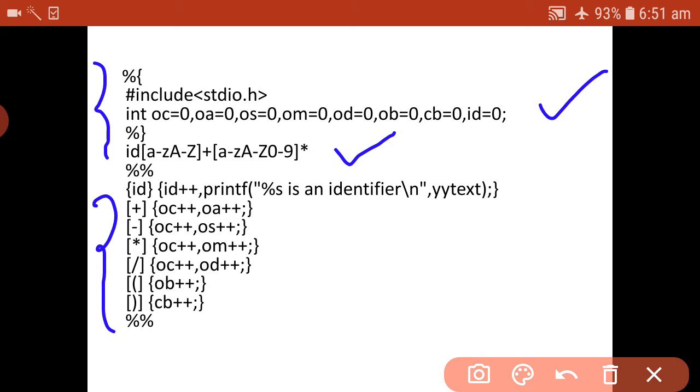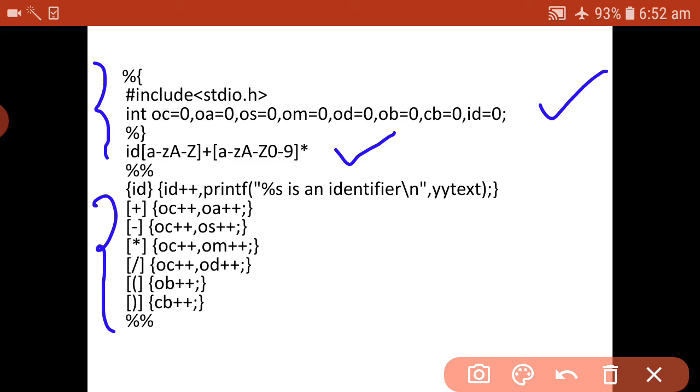So small a to z, capital A to Z matches one or more occurrences, taking both lowercase and uppercase letters. The first letter should be an alphabet, and the remaining letters may be numeric: small a to z, capital A to Z, 0 to 9, star. So these are alphanumeric characters.